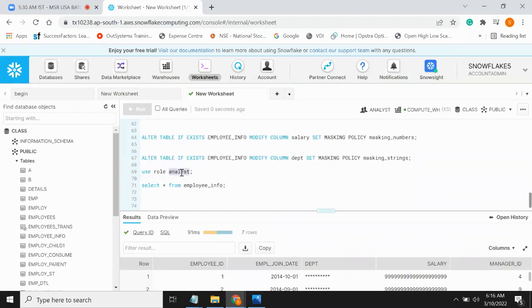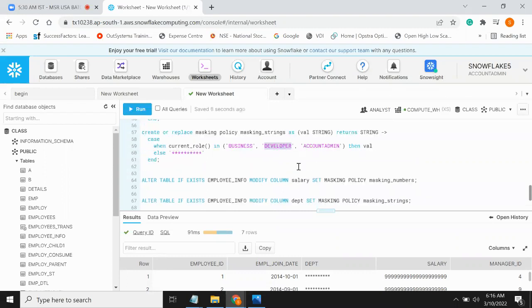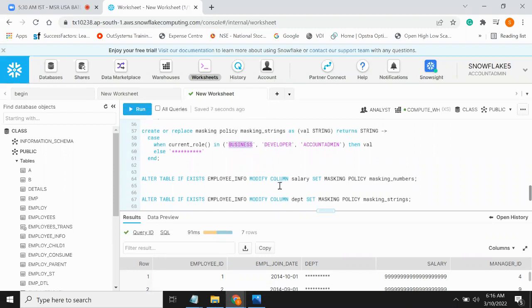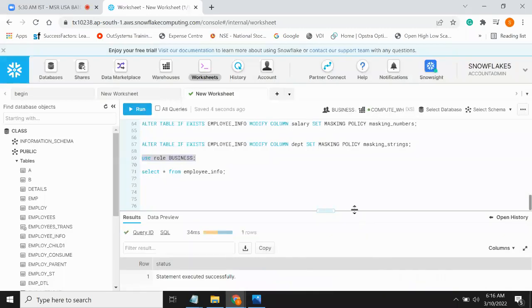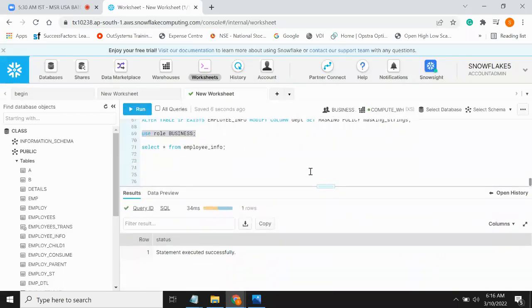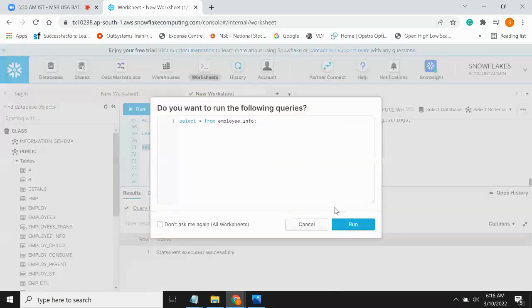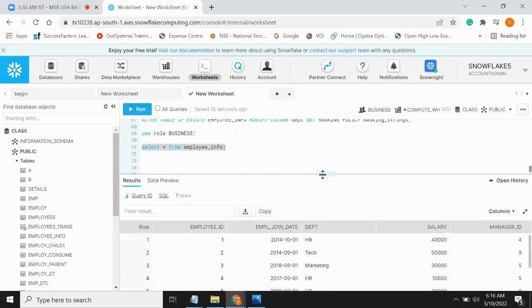So let's change the role. We have another role called business. Business role. Now we are changing the role to business. Now we are in a business role. Now let's check the data. Observe this one. Business has access for department, and for salary also